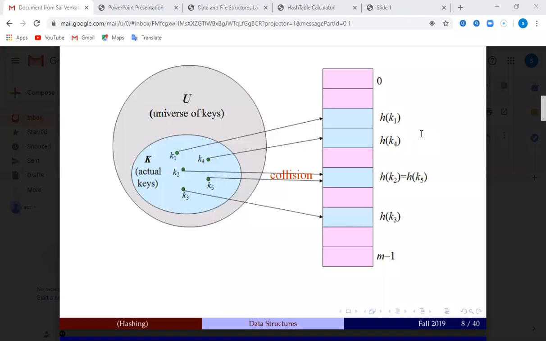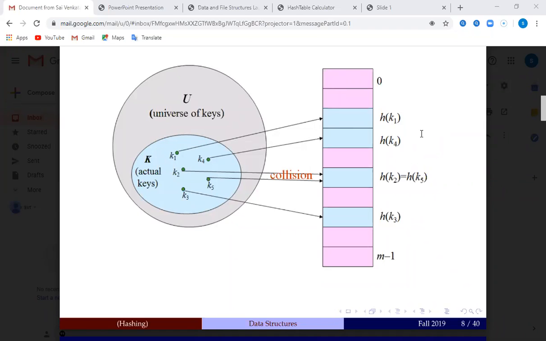If I get the same resultant value, in the same slot, in the same entry, I cannot store more than one key. So we cannot store more than one key in a single slot. One slot is meant for one key.